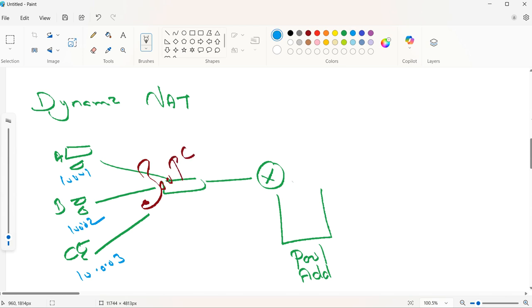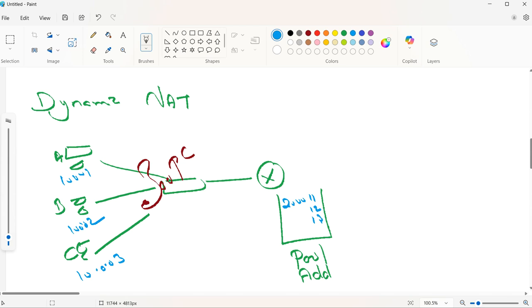And you buy a few addresses: 20.0.0.11, 20.0.0.12, 20.0.0.13. Only 3 addresses you bought. But how many are in your organization? 300 computers. You cannot afford 300 IPs, so you bought only 3 IPs and put them in a pool. Now in dynamic NAT, anyone from inside can use any of the available addresses in the pool